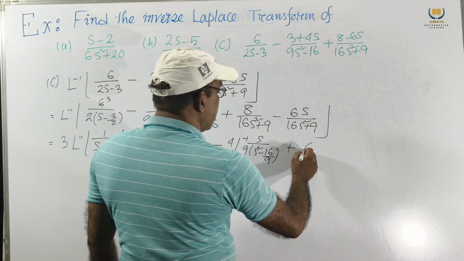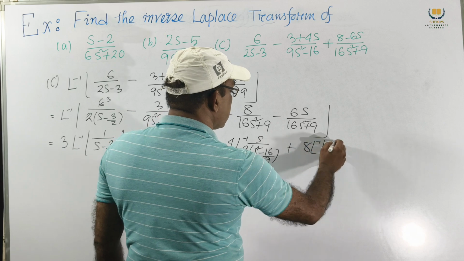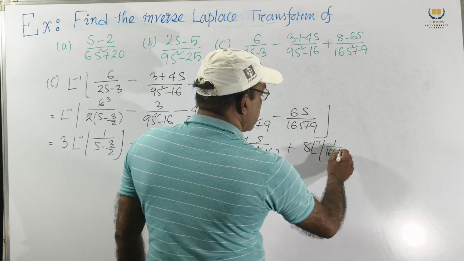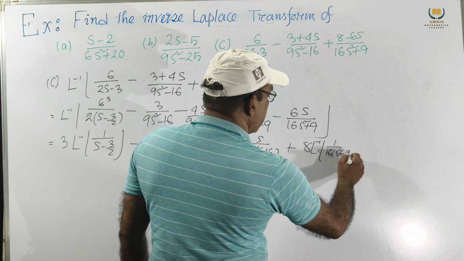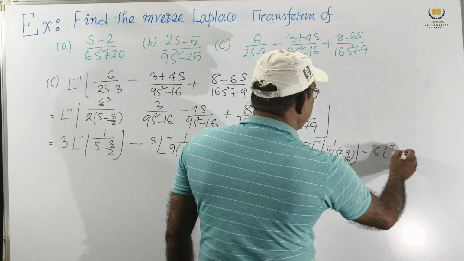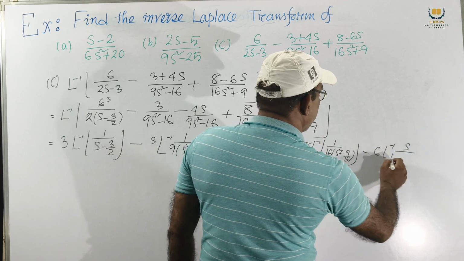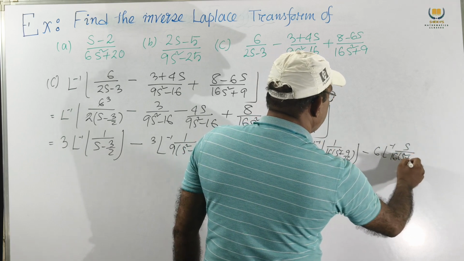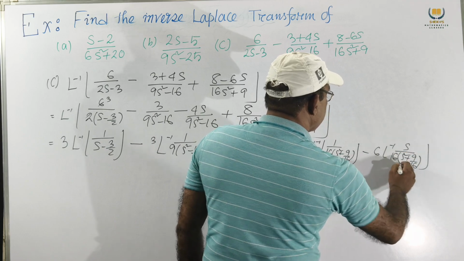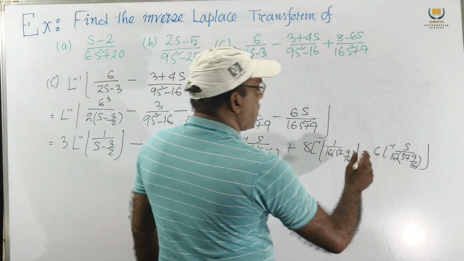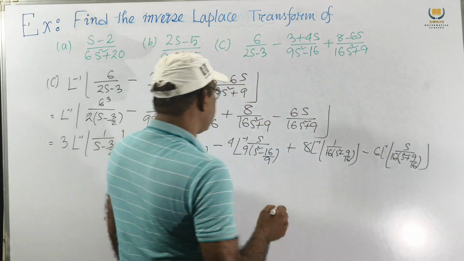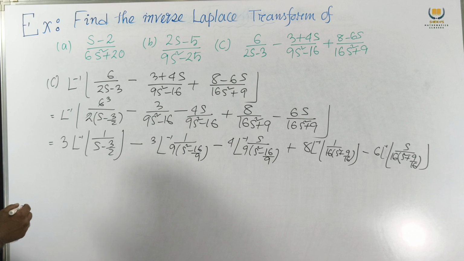And this is 8 outside, L inverse 1 by 16 common, s square plus 9 by 16, and this is 6 outside, L inverse s by 16 common, s square plus 9 by 16. We get this. Now this is our